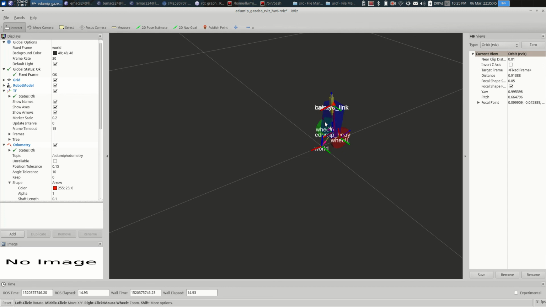So now when I'm driving my real robot around, I don't get a camera image. There's no camera image, and I don't get a laser scan because there's no laser scanner. But I do get odometry markers. And so